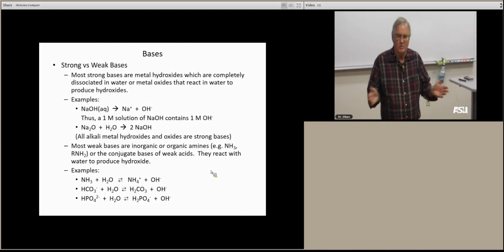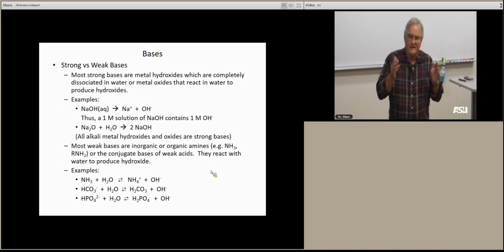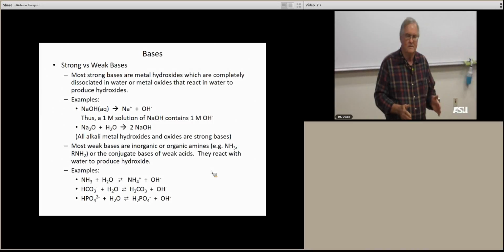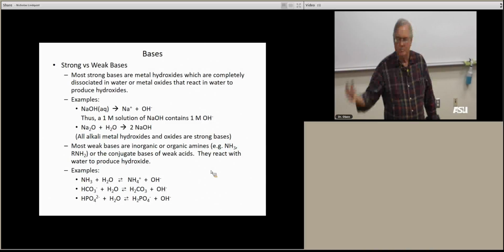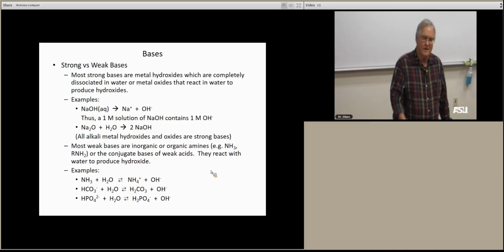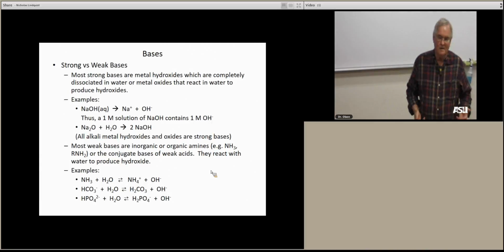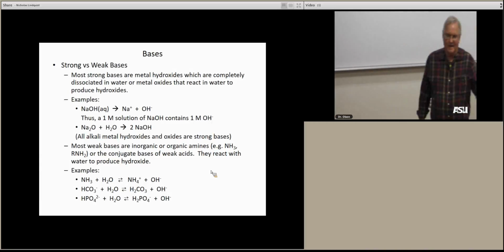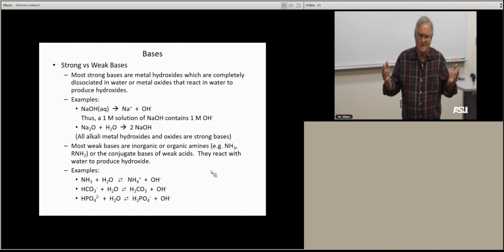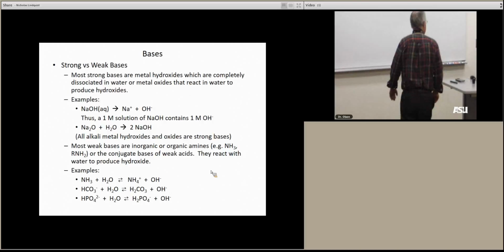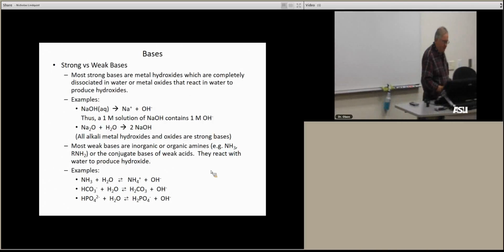There's not an equilibrium constant. It's just like HCl. If I dissolve 1 molar hydrogen chloride in water, if I have 1 molar hydrochloric acid, I have 1 molar hydrogen ion. If I have 1 molar sodium hydroxide, I have 1 molar hydroxide ion. It's a strong base. So all of the alkali metals and the alkaline earth metal hydroxides are considered strong bases. So if I tell you you've got strontium oxide, calcium oxide, and it's a certain concentration, that's the concentration of the hydroxide. Except for the fact that in the case of calcium hydroxide, notice that if we did that,